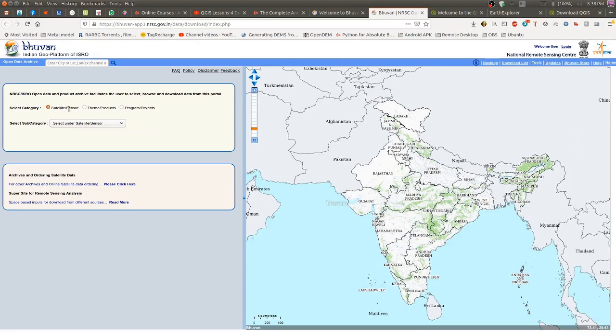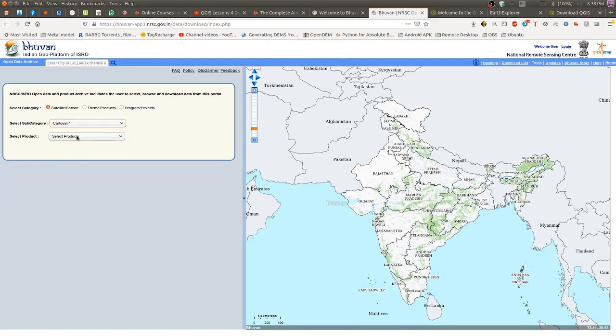So from the satellite sensor, you click on this and select Cartosat 1. This is the satellite product which we are going to use, and the product which is Cartosat DEM version 3. This is what we are going to download now.